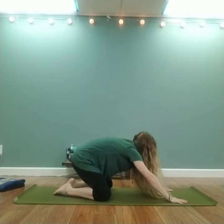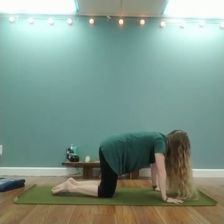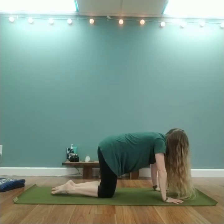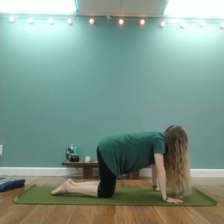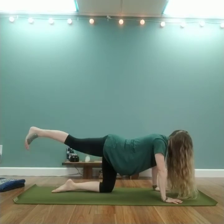Good. Gently come up. Come back into your foundation. This is a different variation of Wild Things. You can do one variation kind of on the belly, one's on the knees, and one's when you're in downward dog. So when you're ready, start to shift the weight to the left, right foot back, bend the